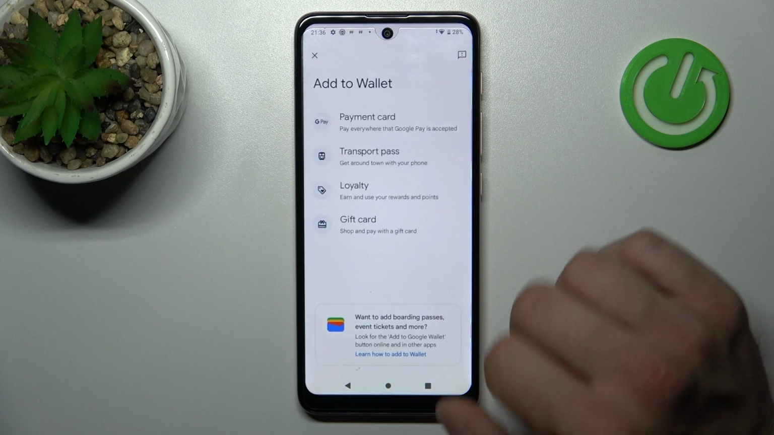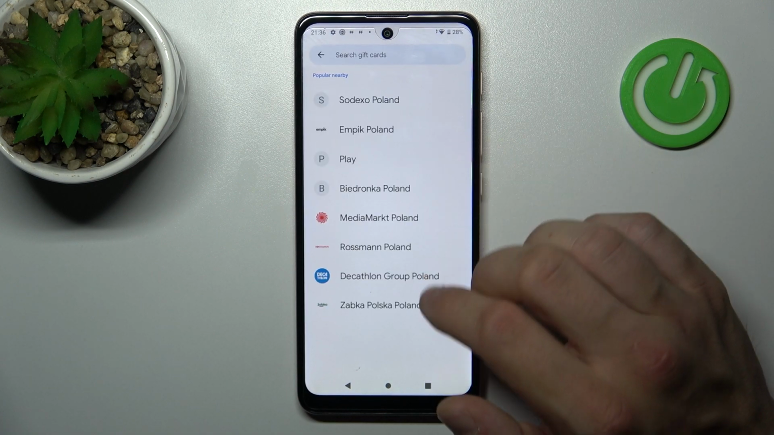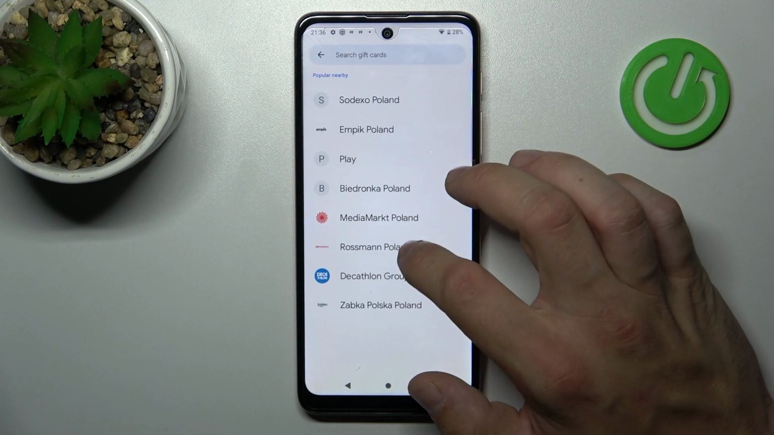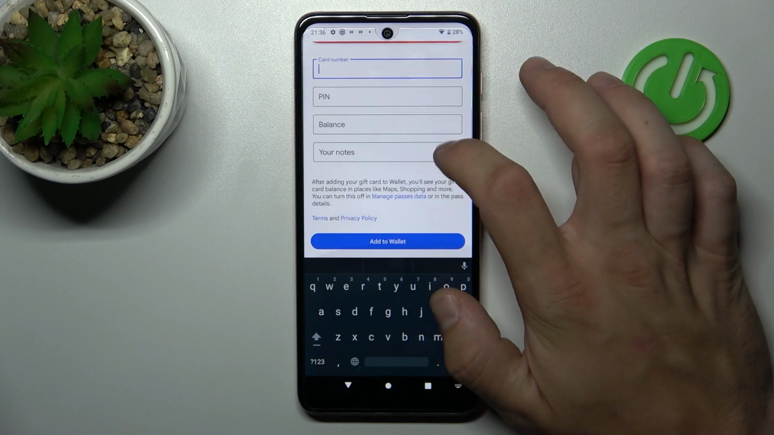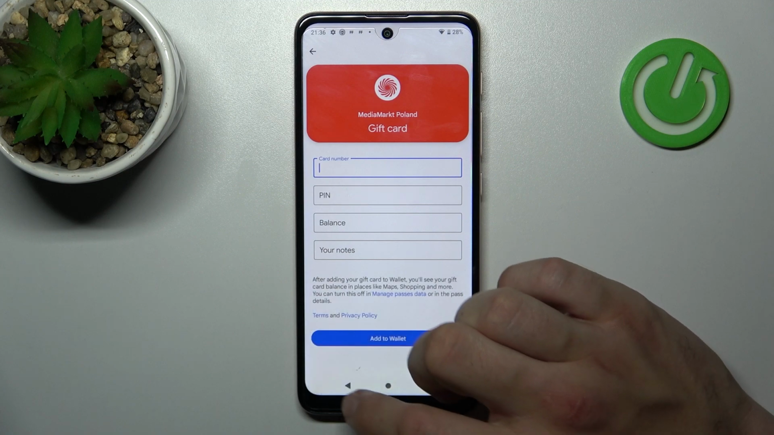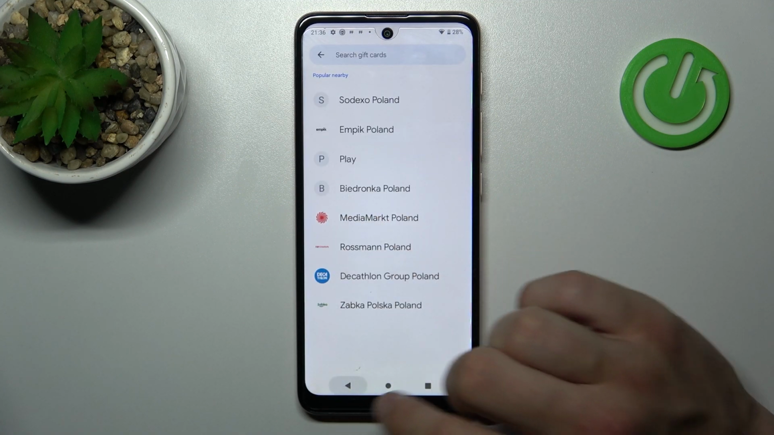Let's go back and in the end let's select gift card, which is pretty similar to loyalty card because you have to select a shop, enter card number, PIN, balance, your notes and tap add to wallet. All of your cards will appear right here on the home page of